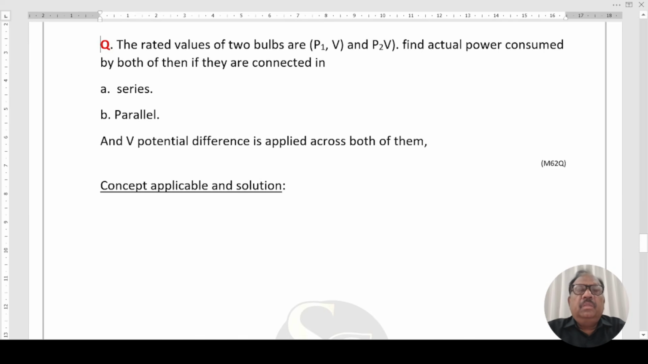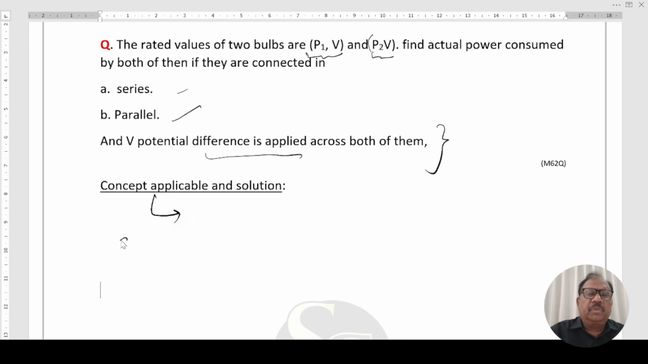Question is, the rated values of two bulbs are, power is P1, what is V? Power is P2, what is V? Find the actual power consumed by both of them if they are connected in series. They are connected in parallel. And V potential is applied across both of them. And potential difference applied across is V. Right? Now, we will consider first